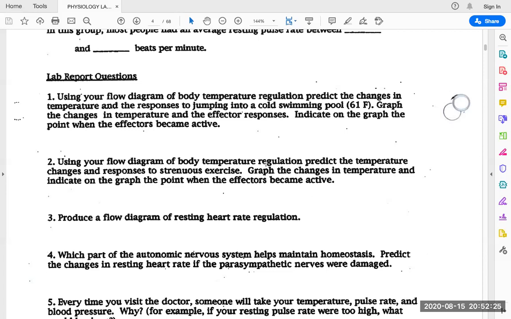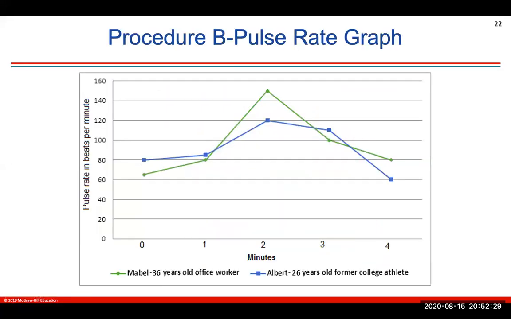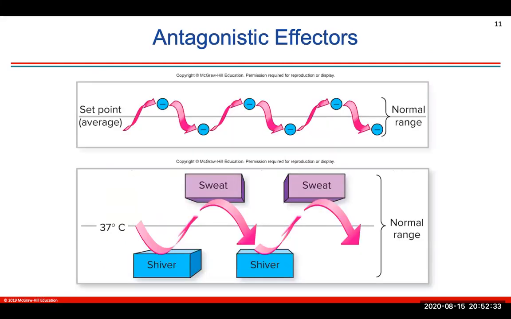And for this one, you can go back to my PowerPoint and use some of these flow charts and the graph that I gave you an example of. Specifically, this one is a great graph just showing what happens when your body dips below the set point of 37 degrees, which is happening if you jump into a pool: your body will begin to shiver and your blood vessels will vasoconstrict, so they'll try to keep all the blood close to the heart. So I'm just going to go back and share